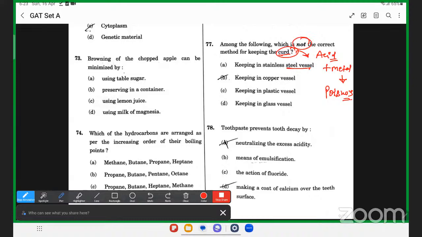बट हमें ऑप्शन में देखना है कि कौन सा मेथड सही नहीं है, मींस कर्ड को हम कहाँ नहीं रख सकते। प्लास्टिक वेसल में रख सकते हैं, ग्लास वेसल में भी रख सकते हैं, लेकिन हम कर्ड को कॉपर वेसल में नहीं रख सकते, बिकॉज कर्ड में जो एसिड प्रेजेंट है वो कॉपर मेटल के साथ रिएक्शन करके कोई पॉइजनस सब्सटेंस बना सकता है जो हेल्थ के लिए हार्मफुल होगा।